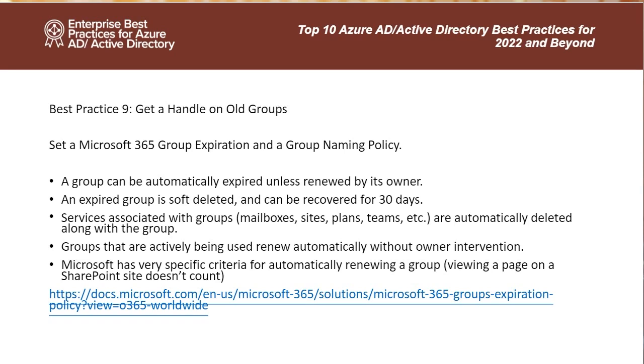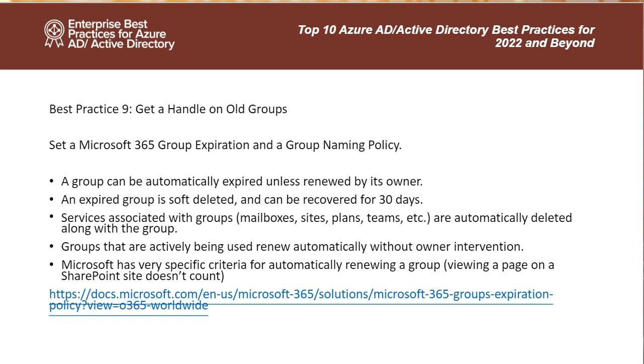So Microsoft provides a way of automatically expiring groups that are no longer needed. But this only works in Azure AD. It doesn't work in on-premises Active Directory, to the best of my knowledge. So the way that you would do that is with a group expiration policy. A group expiration policy requires you to have an Azure AD Premium subscription, and what it does is it allows a group to be automatically expired after a certain length of time unless